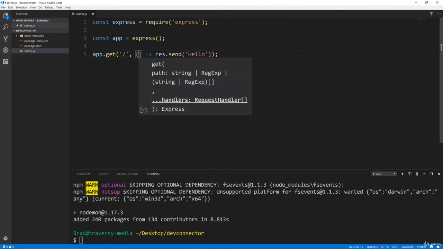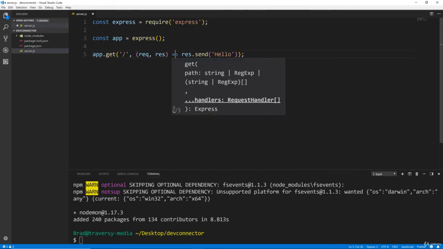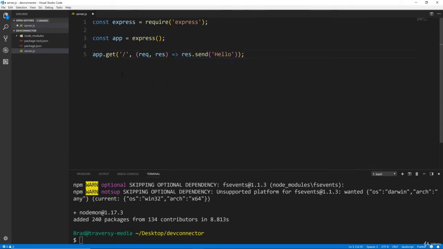Okay, and this is going to take in two parameters. It's going to take in a request and response object. So that's our route, just to test out. Now we need to actually be able to run the server, but before we do that,